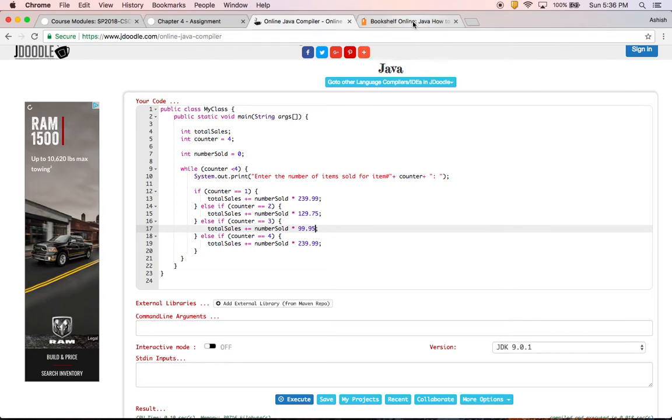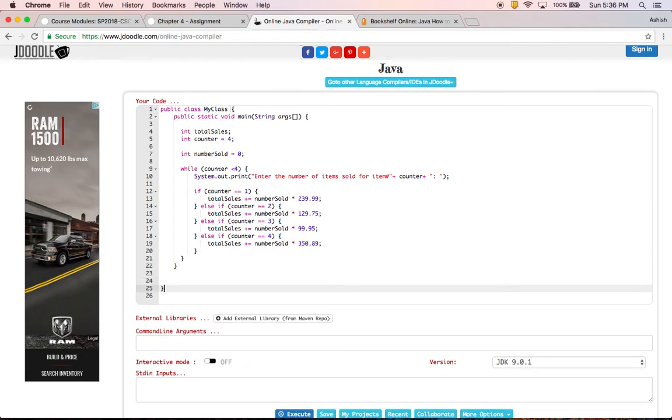When I'm writing the code, gentlemen, ladies, I do tend to use a lot of copy pasting because it makes writing the code pretty fast. And this is what we are doing. So basically, this is end of class, this is end of main method, and this is end of while loop, and this is end of if